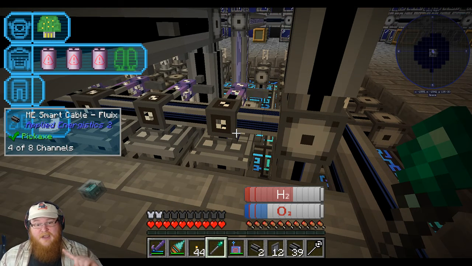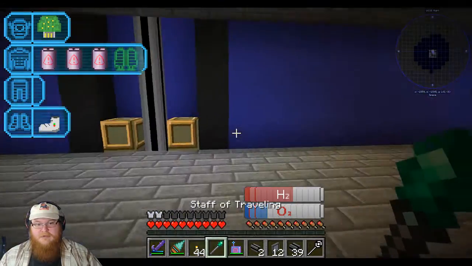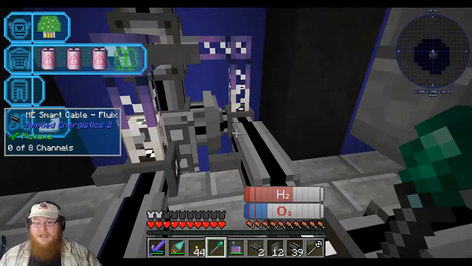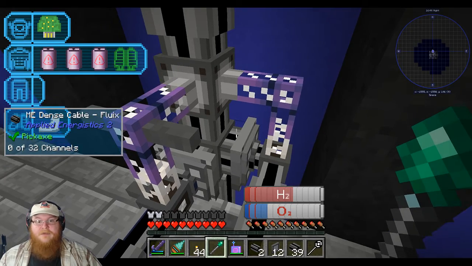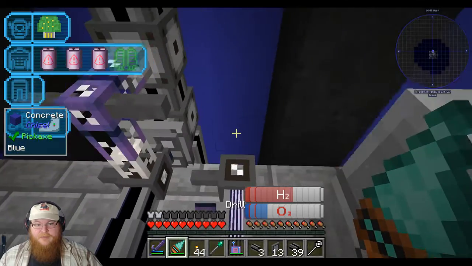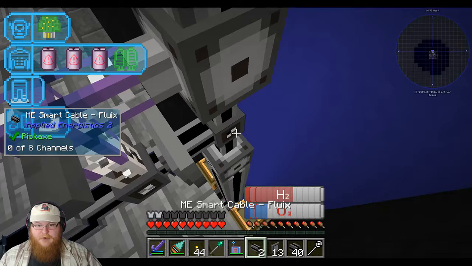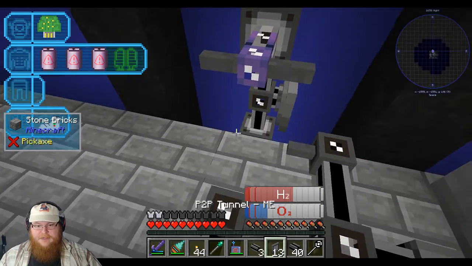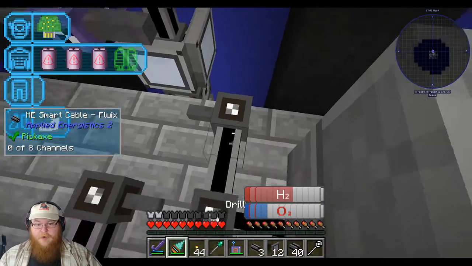Maybe it has to be the other way around? Maybe it's got to be flipped? Yeah, I think it might need to be flipped. Okay, let's try it flipped. So if that be the case, then what we need to do is have this one as a smart cable. And then we need to flip these around like this. Okay. And then what we'll do here